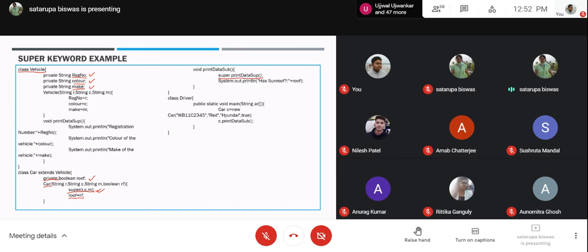So the superclass's properties will be printed first using this function, and after that we will have the value of the roof. Now if you want, you can place it first, and the super dot call can come at any place. That order doesn't matter, but this order is mandatory.